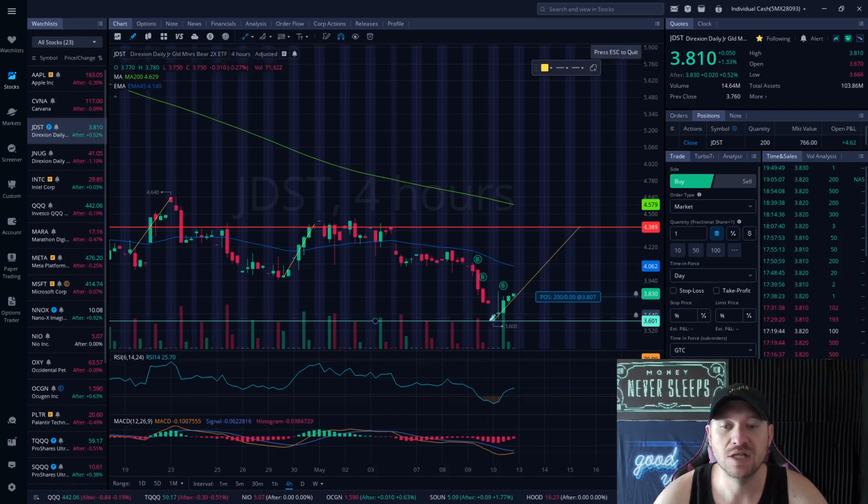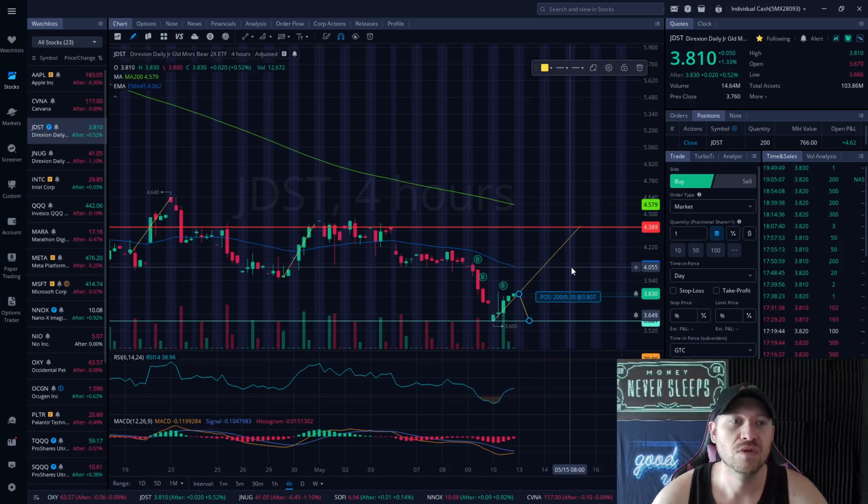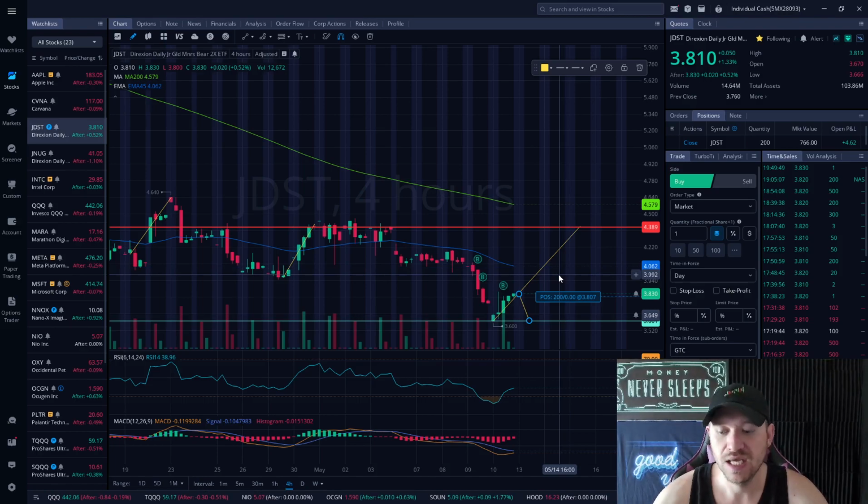My max loss, I'd probably set to that 1% mark, about 1%. Or I can go down to about 5%. So a 5% loss for a 22% gain would be a little bit more than a 1-to-4 ratio. If you're not sure what the 1-to-4 ratio is, I have